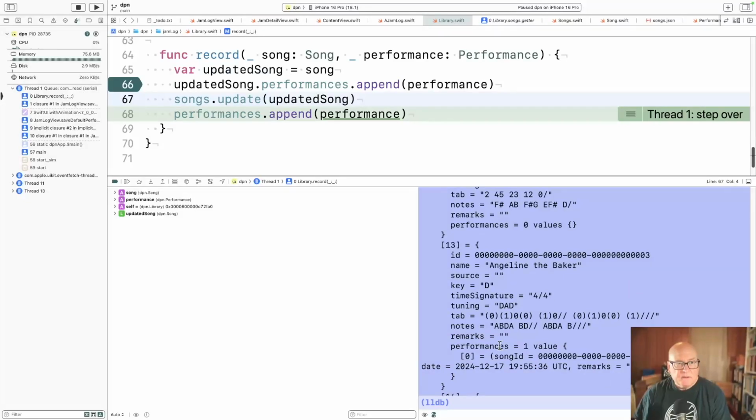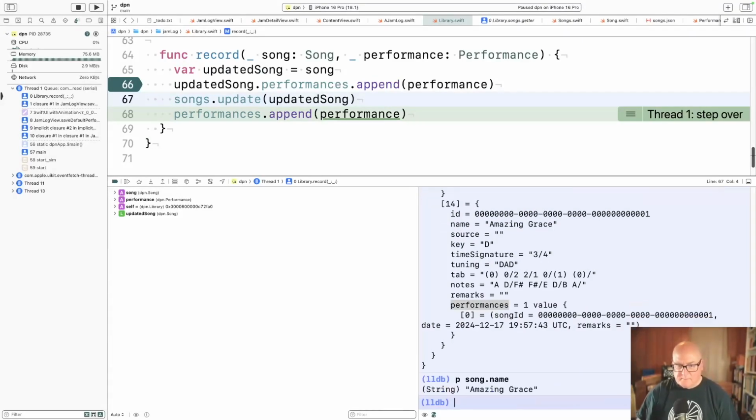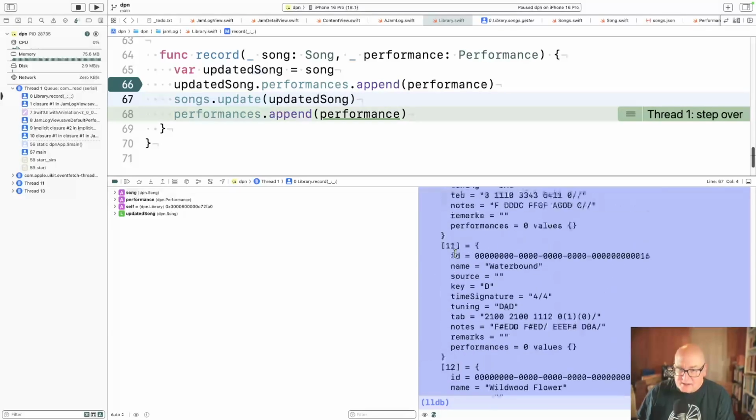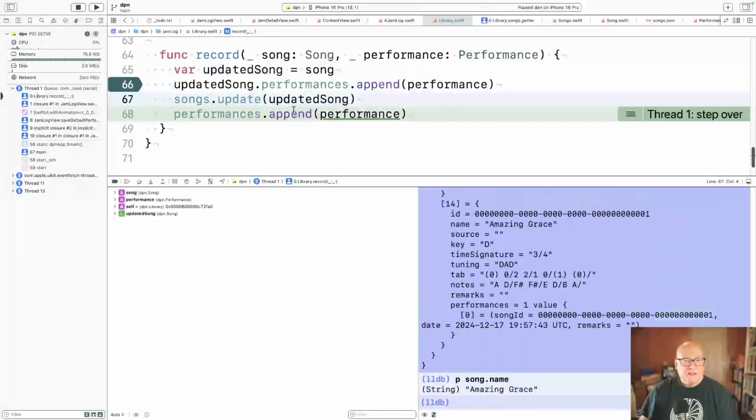Angeline the Baker. What song? Amazing Grace. Okay. Has the song ID, which we know is redundant, 1217. Well, that's probably right. So I think songs is capturing performances. Performances.append performance, which we don't think does anything for us.